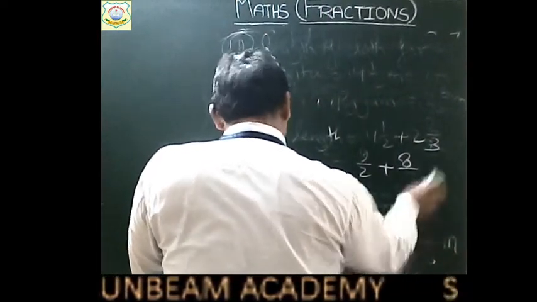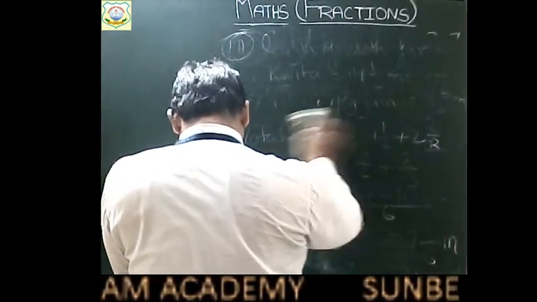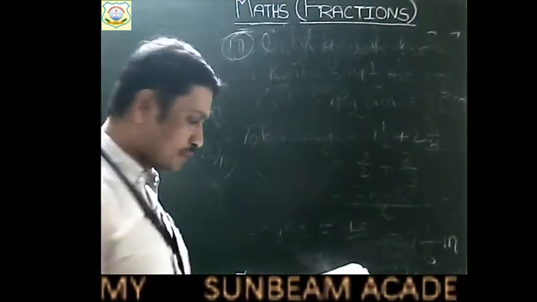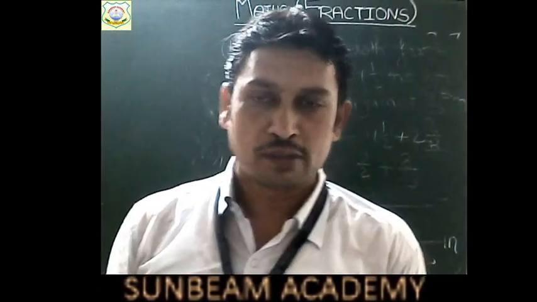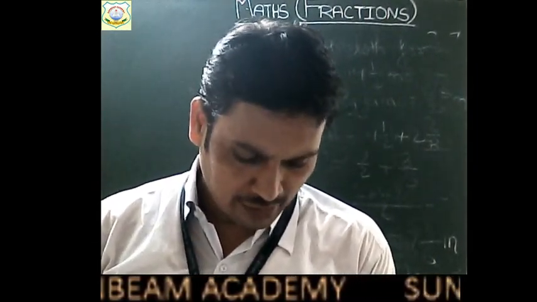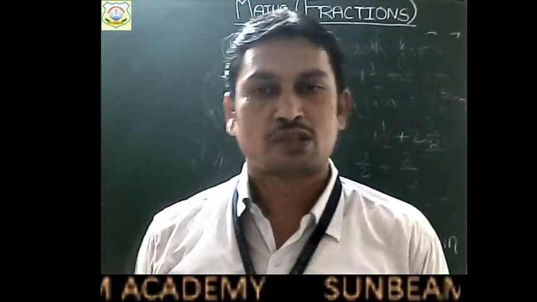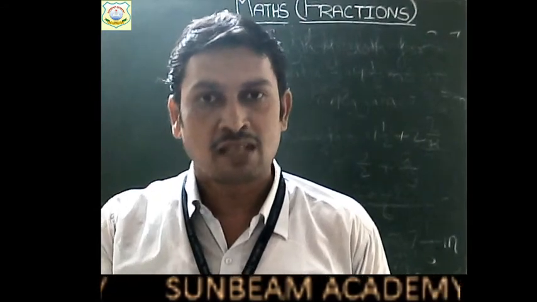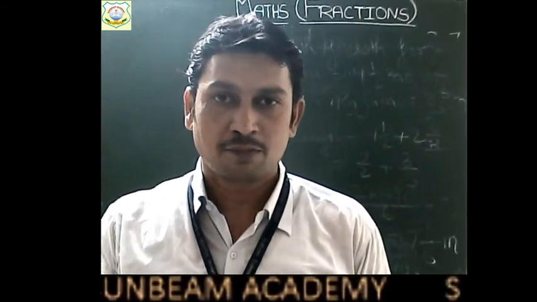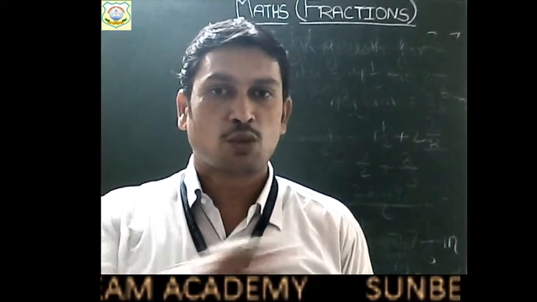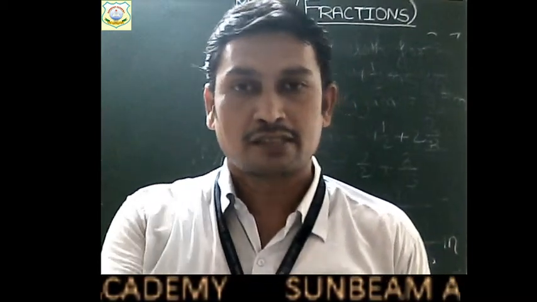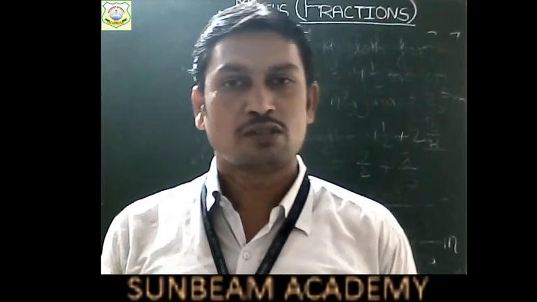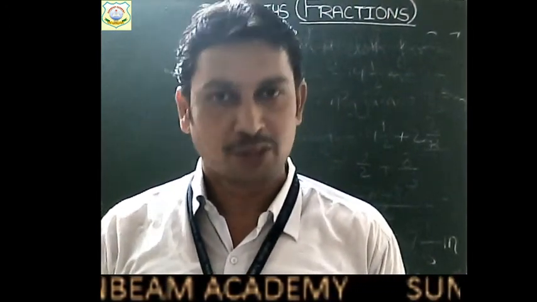While coming back home from the school, Kishan covers 4 whole 3 by 4 km by rickshaw and 1 whole 1 by 2 km on foot. So, what is the distance of his house from the school? Children, I think you can solve this question. Some of the distance he has covered by rickshaw and the remaining distance on foot. To find the total distance, you have to add the distance covered by rickshaw plus the distance covered on foot. Right? So you have to solve this question by yourself.